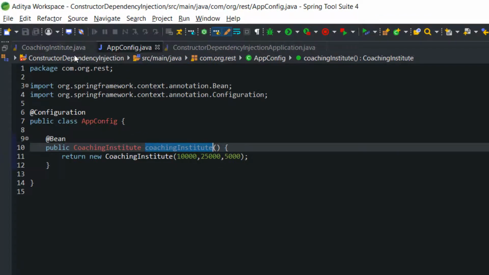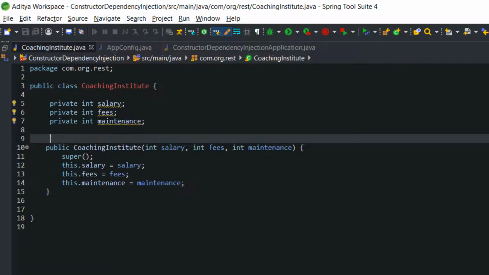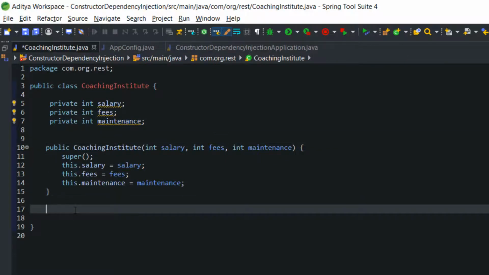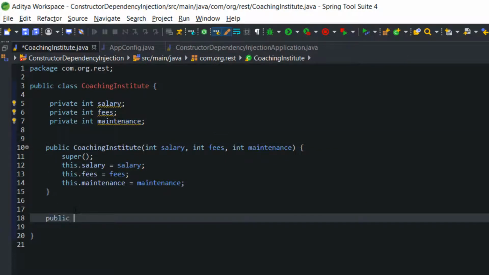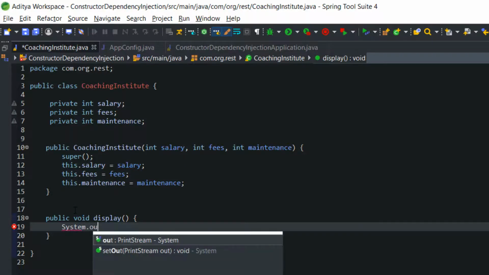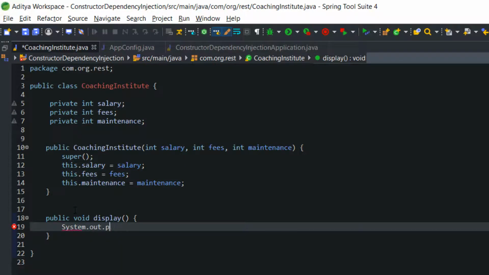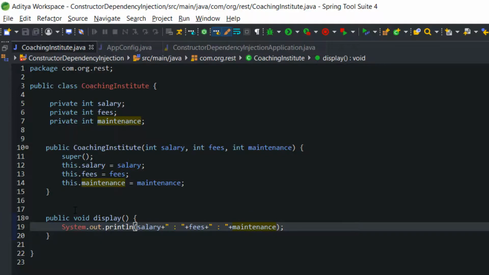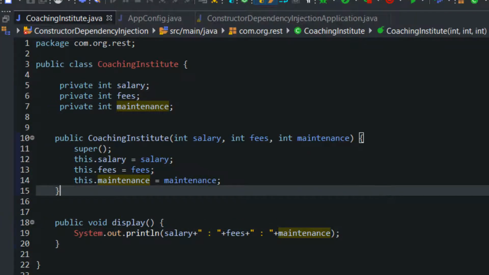For that, what I am going to do, I am going to write one more method, public void display, and here I am going to call all the three different variables which I have mentioned here: system.out.print salary, fees, maintenance.